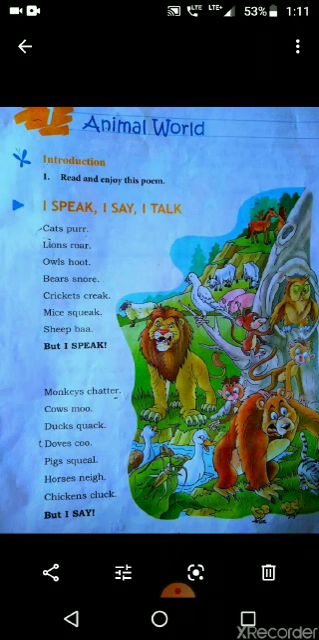Today we will begin with my English reader of class 3 and we will be reading the first unit, that is Animal World. In Animal World, we will be looking into this amazing poem, that is I Speak, I Say, I Talk. Before we begin reading this poem, let us first find out what are the animals that we can